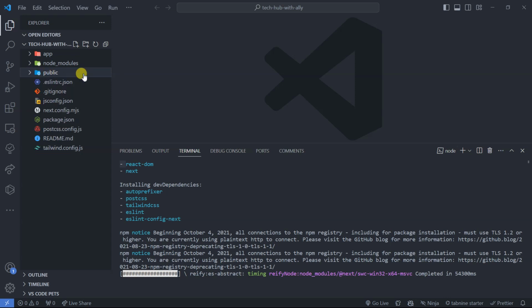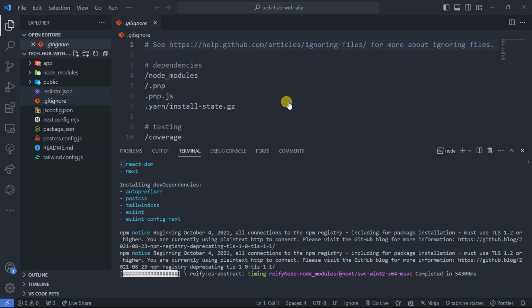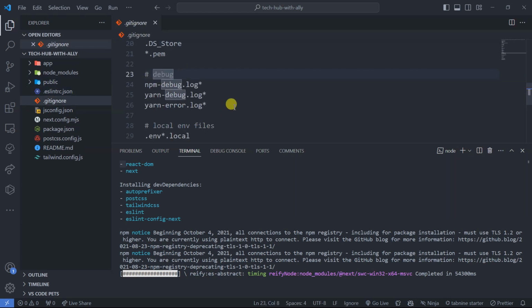Okay, then we have the ESLint. As I've told you, it is responsible for enabling us to see if there are errors in our code, showing us all within our code text here. Then .gitignore here enables us to ignore some of the other stuff that is important if you wanted to